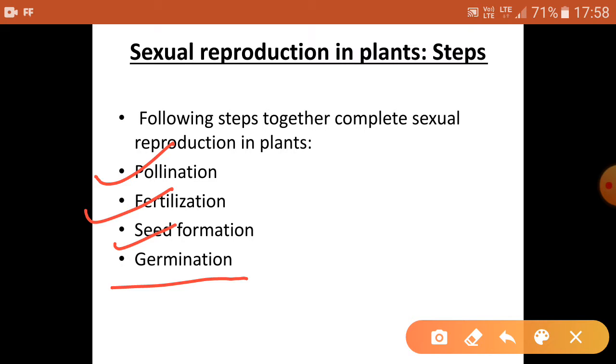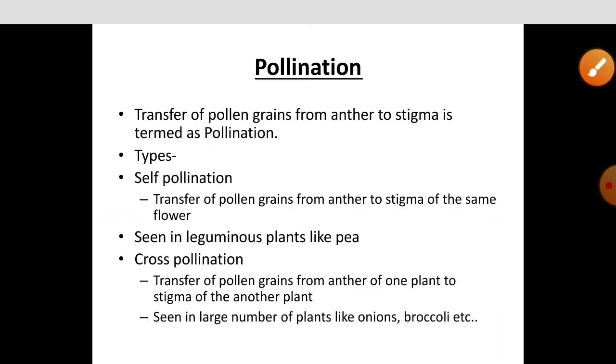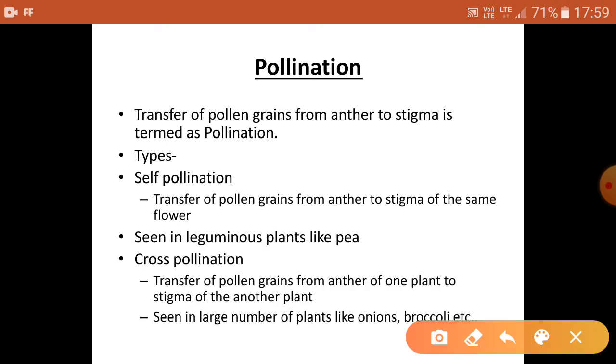We already know that the flower is said to be the sexual part of the plant. You must be aware by now of the different male reproductive parts of the plant, which comprise the stamen, further made up of anther and filament, and we know the female part is the carpel. We have already discussed the parts of the flower. Now comes the first process, that is pollination. When the flower matures, the first step will be pollination.